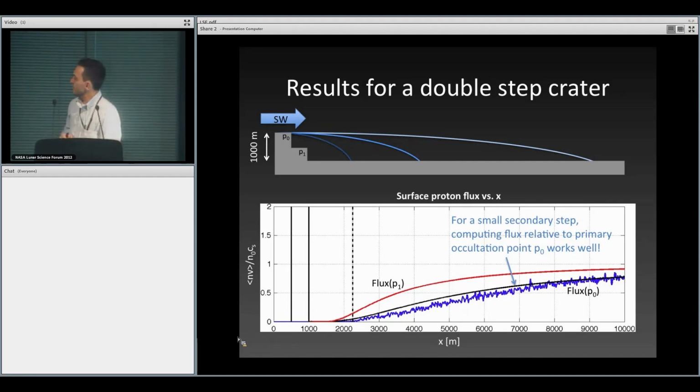And the reason that this particular prediction works really well is because the secondary step isn't really cutting into the proton flow that's been diverted from the solar wind. So in this kind of configuration, we don't need to worry about the recursive aspect of the wake, a wake within a wake. But if we go to a different